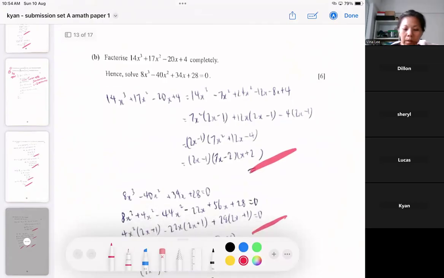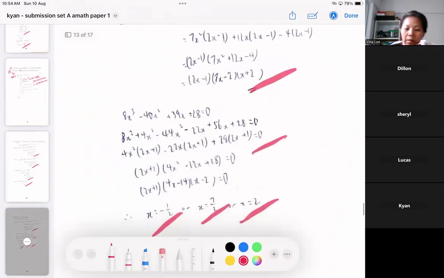In a way, I mark him correct. By right, I shouldn't, but I'm just showing you that he is doing the otherwise method. Wait, Kayan, I always have to thicken my pencil when I mark yours. Same for Dylan as well. So what Kayan did was